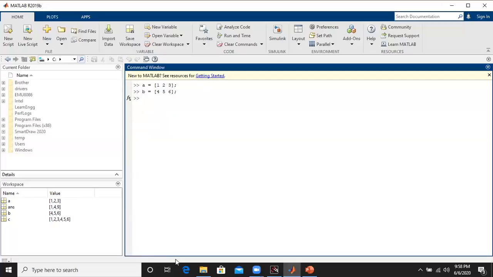Now I just want to multiply these two. So A dot star B. So I can get the multiplication of elements. Here you can observe 1 into 4 is 4, 2 into 5 is 10, 3 into 6 is 18. Like this I can multiply the different vectors.